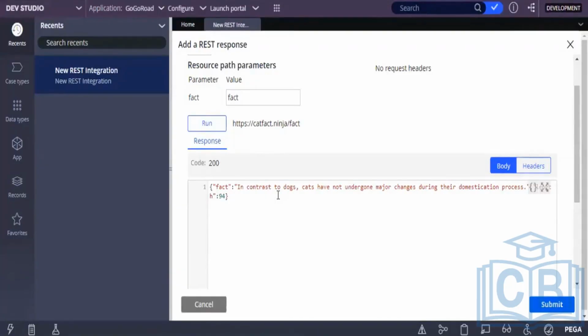Now this is a response. If the response code is 200, then that is a successful response. You can see the code is 200, right? You can click on submit here.